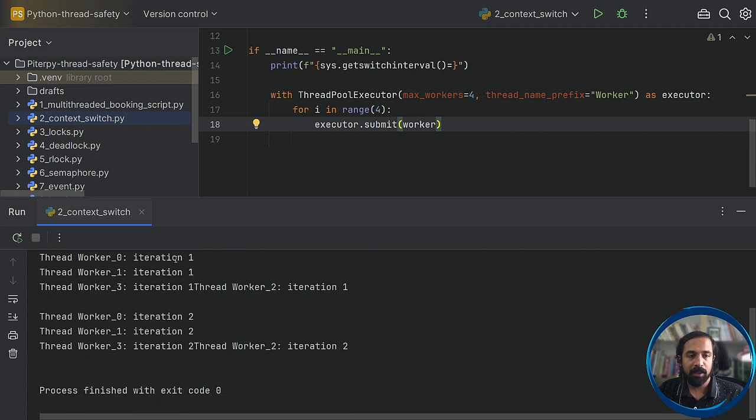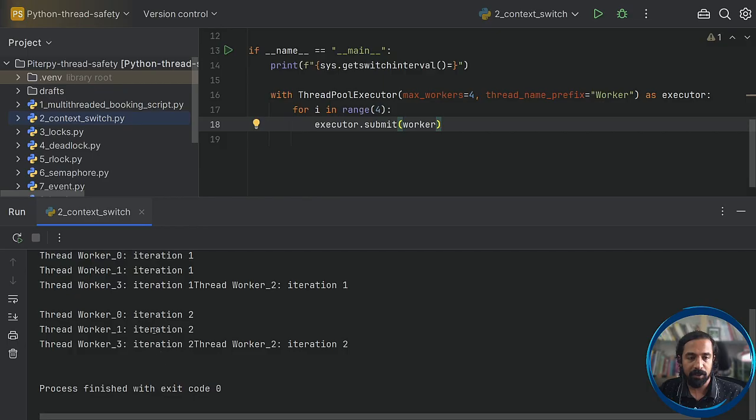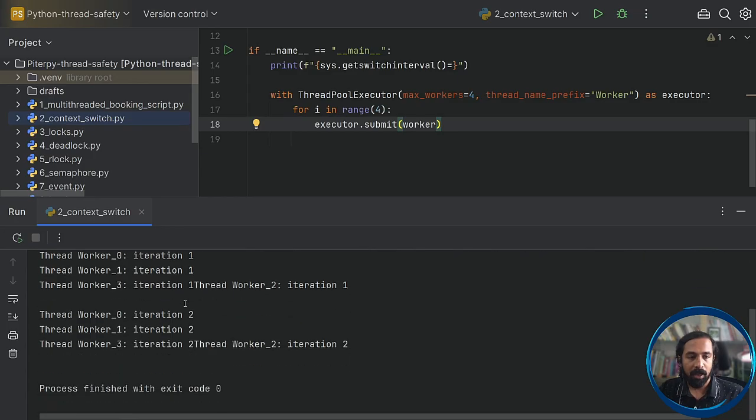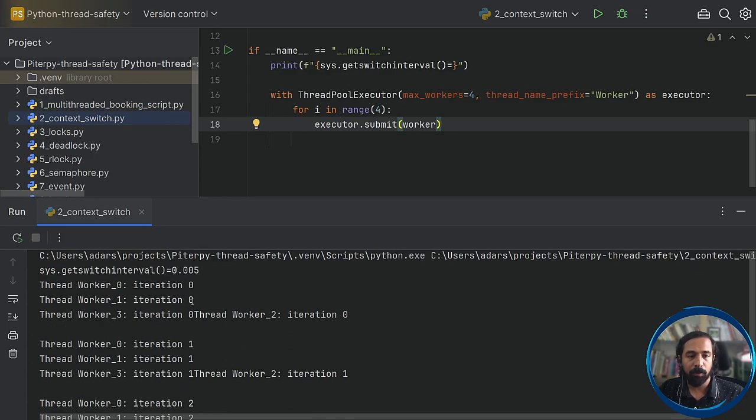Then similarly, each of these worker threads take turns to go through each of these iteration steps. So in this example, we can see that the execution is happening concurrently. Each of the worker threads is executing its operations in turns, and this happens due to a process called context